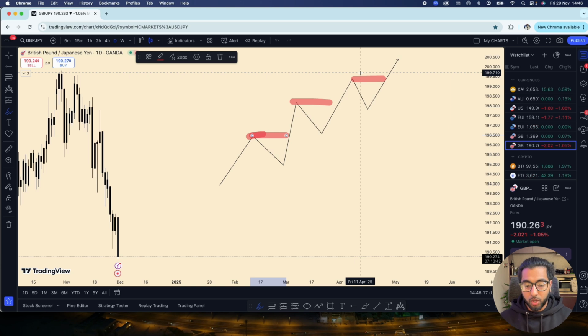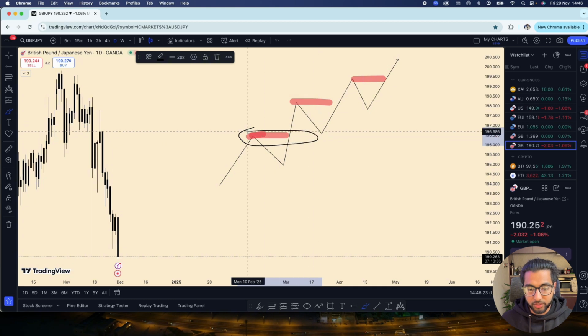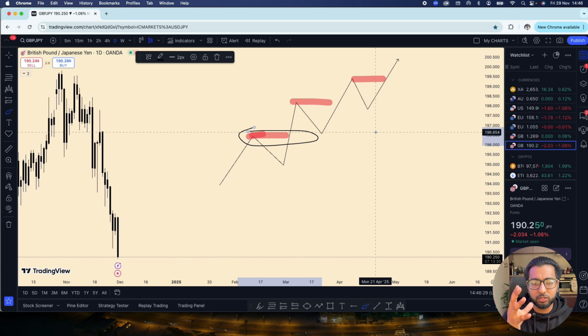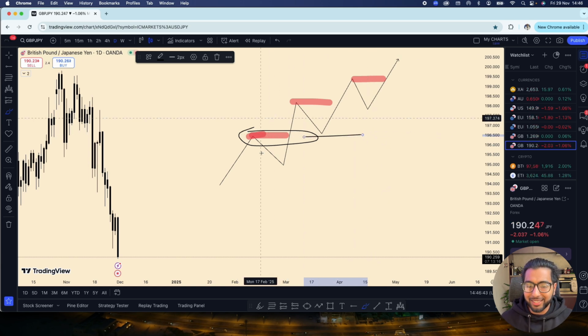And so when you're thinking like a bank, you're going to start to realize that these zones or these areas are just resting orders, or resting trades, right? And this is where people are having their pending orders. They're waiting for the market to do this, right? Because they want to make money in the markets. And so when you understand that, you're going to realize that the market isn't actually like this, right? The market isn't like this.